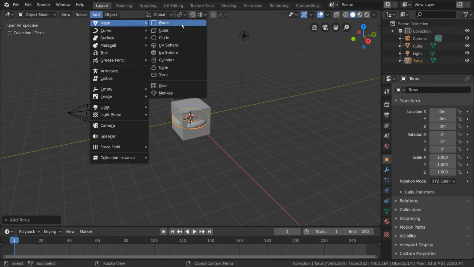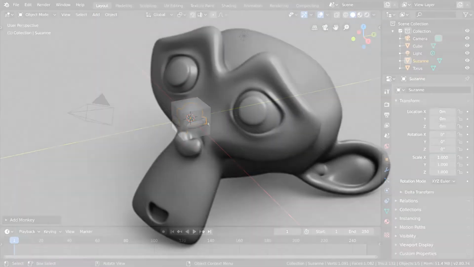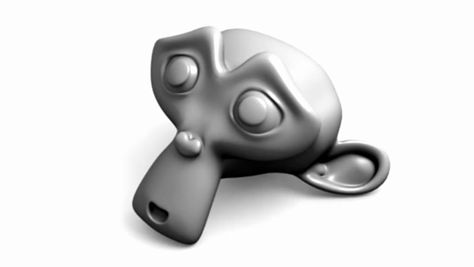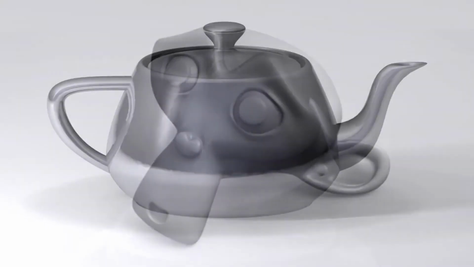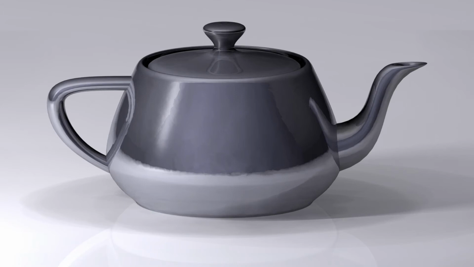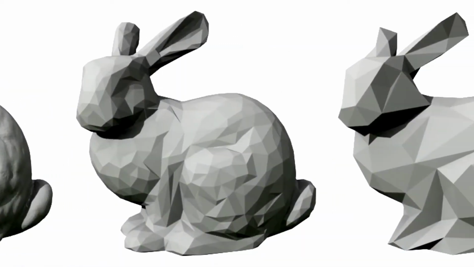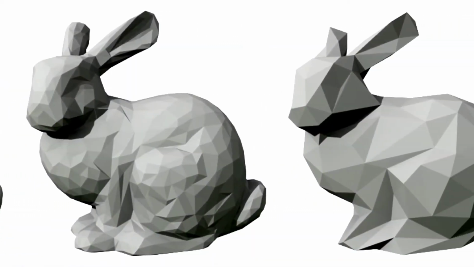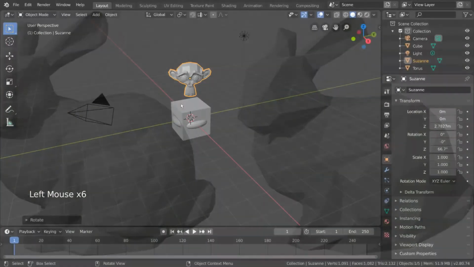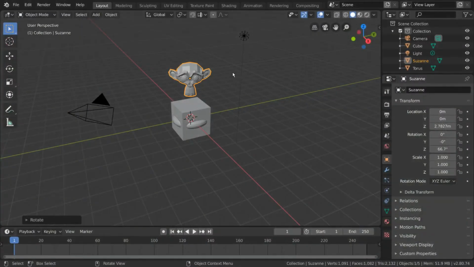Most of them are self-explanatory, but you might be curious about what this monkey option is. The monkey is the head of a character called Suzanne. Suzanne is Blender's alternative to more common test models such as the Utah Teapot and the Stanford Bunny. As a low polygon model of only 500 faces, Suzanne is often used as a quick and easy way to test material, animation, rigs, texture, and lighting setups. Fun fact, the largest Blender contest, which takes place at the Blender conference every year, gives out an award called